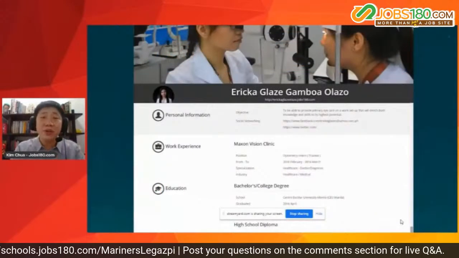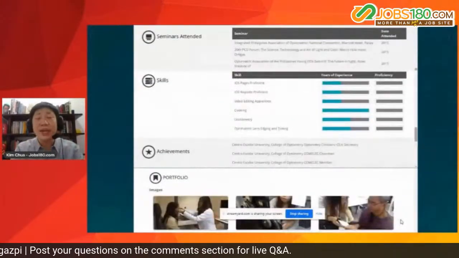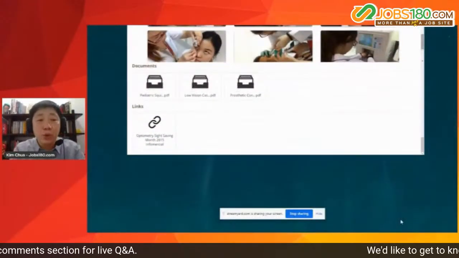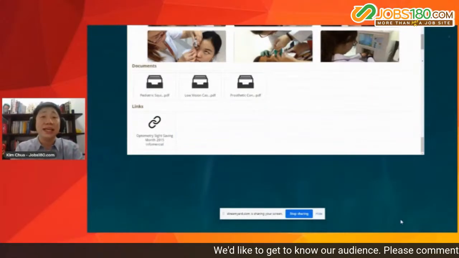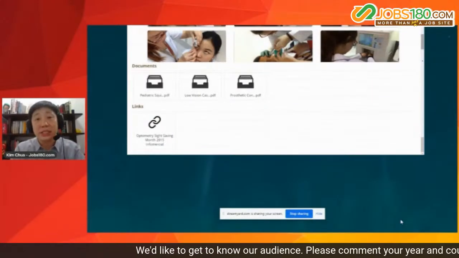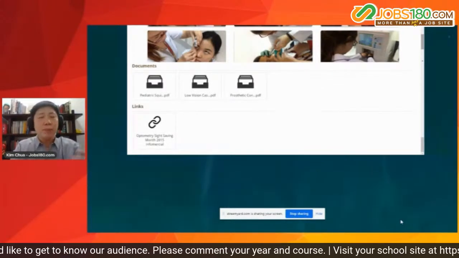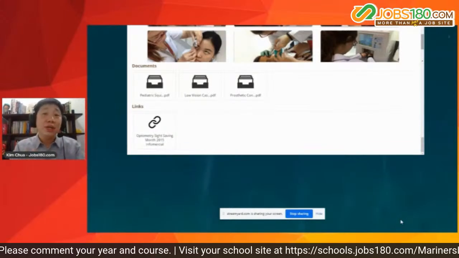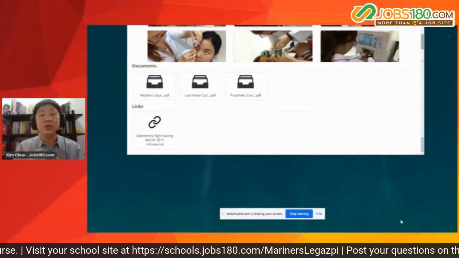So, showing a very good example is si iExpert. Tignan mo, lahat ng detalye niya, kompleto. Everything from top to bottom, kompleto lahat ng details, including yung kanyang mga portfolio section na nagpapatunay na siya ay isang licensed ophthalmologist. Pinakita niya lahat ng mga posibleng hingiin pa sa kanya ng mga HR. So bakit ko sinabi sa inyo napapabilis yung buhay dito? Hindi lang buhay nyo. Pati buhay rin ng HR napapabilis